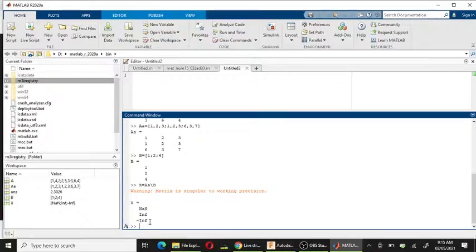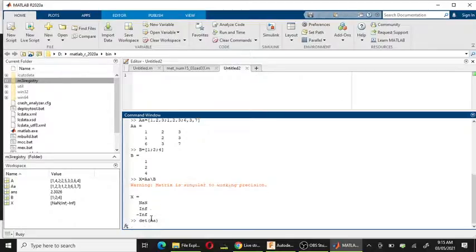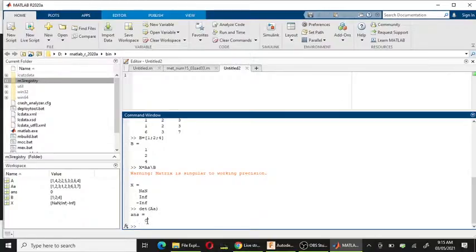Let's take the determinant of the matrix. Yes, we got it. This matrix is singular. Why singular? Singular means its determinant is 0. So now you got it. Why does MATLAB give this? NaN means not a number. Infinity means infinity number.